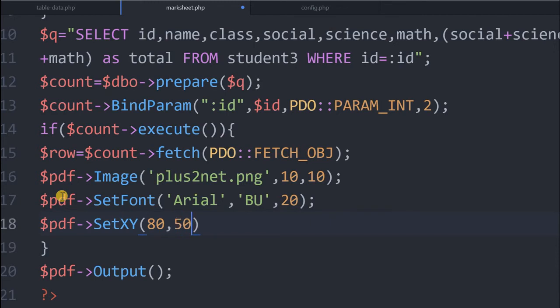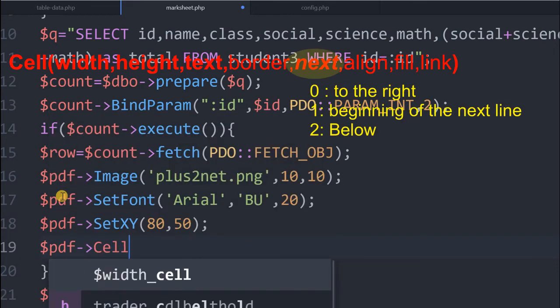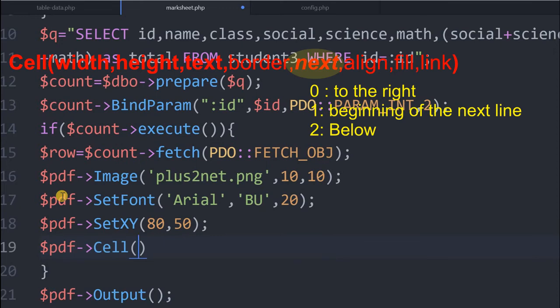Right now we'll put the output by declaring a cell. Its width and height are 30 and 10. Now we'll say the text, marksheet.